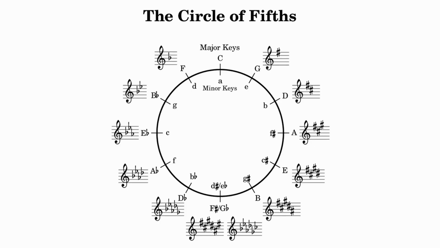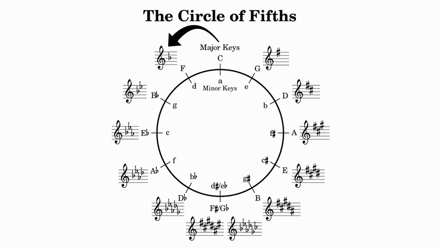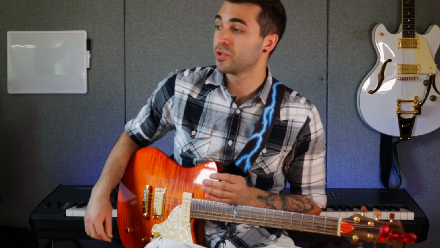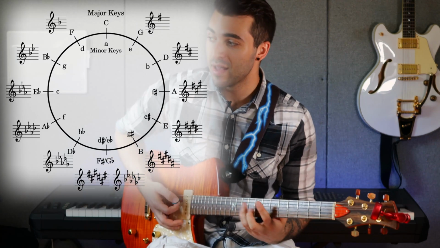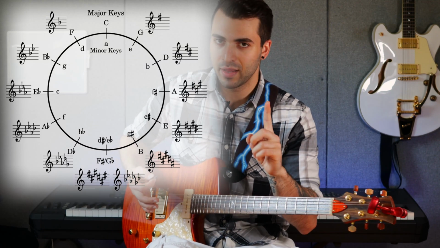This is really important because if I go up to the next fifth, right? If I go from C to G, G is actually my 5 chord in the key of C. So it's a usable chord, and it sounds pretty good. And if I go counterclockwise 1 notch, you're gonna see you have F, and F is the 4 chord in the key of C. So this is really useful because now you kind of know the 1, the 4, and the 5 of every single key signature. So if I start with A, I know that A is my 1 chord, key of A,